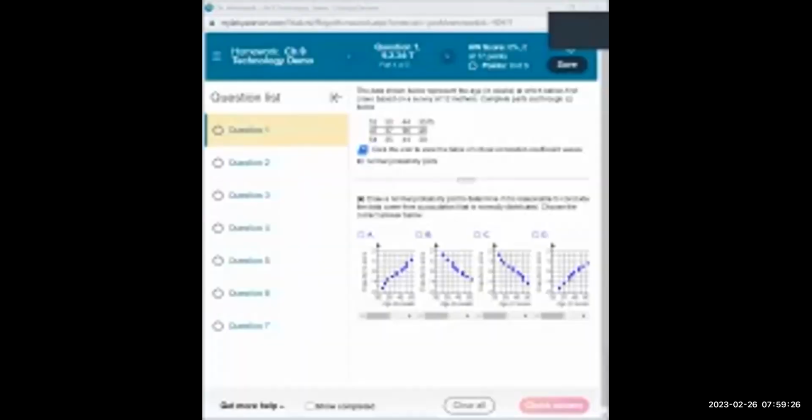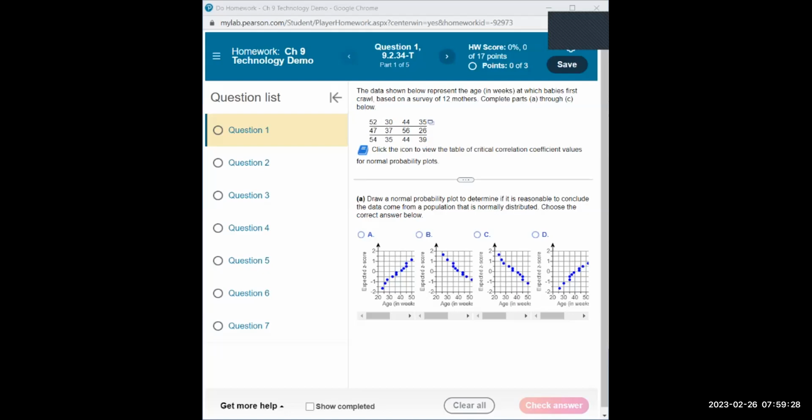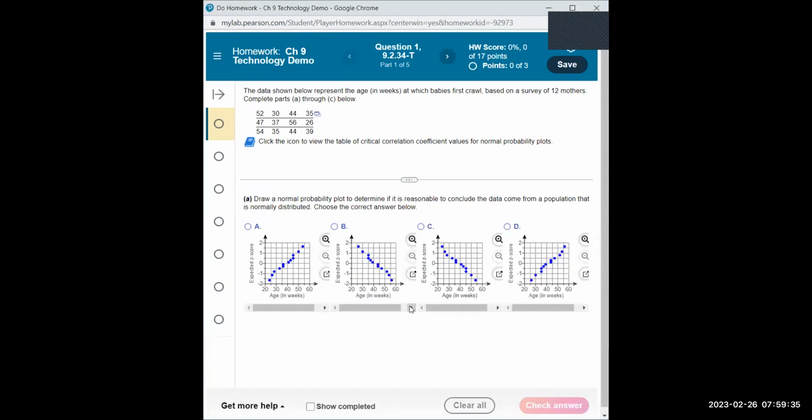Problem number 1 on chapter 9 demo. The data shown below represents the age in weeks at which babies first began to crawl. Based on a survey of 12 mothers, complete the following. Draw a normal probability plot to determine if it was reasonable to conclude the data came from a population that was normally distributed. There were 12